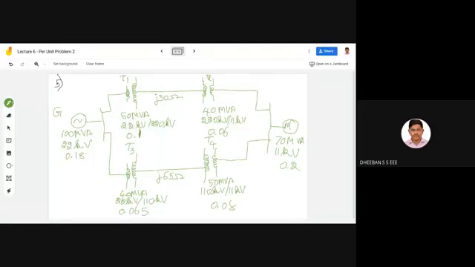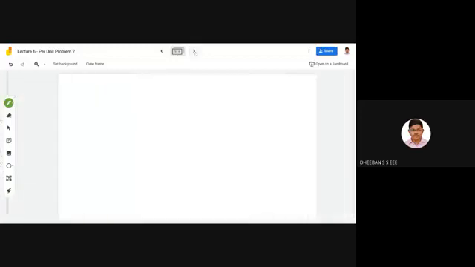This is with respect to your single line diagram. In most cases, they won't give the single line diagram. In some cases they will provide it and ask you to find other things. You also have to know how to draw the single line diagram based upon the given question. Upon practicing, you'll become familiar with that concept. Here, I'll just write the question, and I'll come back again to the diagram.